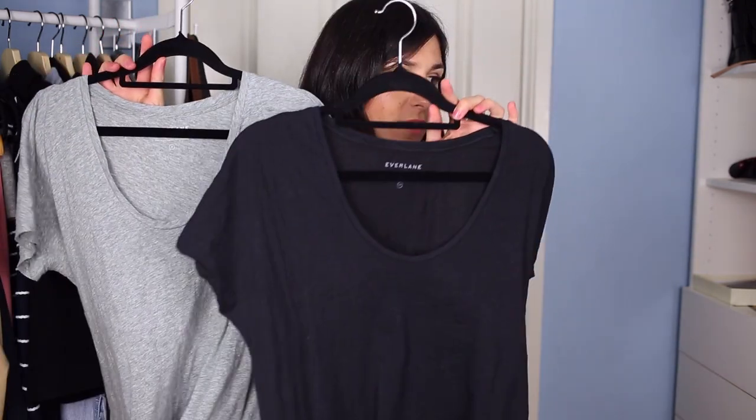Now, I'm not really much of a t-shirt girl, but I did pick up a couple of Everlane's U-neck t-shirts. Now, I have it in two different sizes just because the first one I purchased was way too big. So I've got it in the black and in the grey. The grey was the first one that I picked up, and the fabric is so soft, it is ridiculous. This is 100% cotton, Pima cotton, and it's just really nice. It's got a low scoop neck, but not too low. Maybe you might show a little bit of cleavage if you're quite busty, but this is a small and it